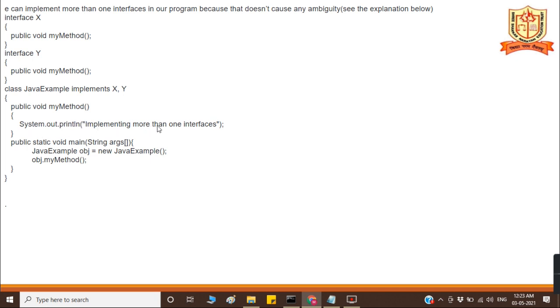System.out.println implementing more than one interface. So we are calling the object of this Java example, new Java example, and calling my method. Is it clear? So interface is used when there is multiple inheritance.